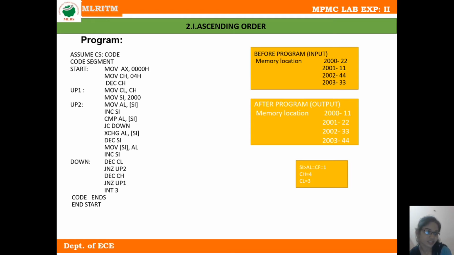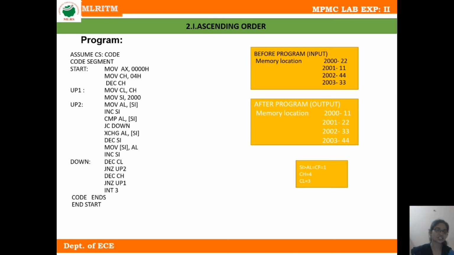In the next instruction, INC SI. Through this instruction, the content of SI is incremented by 1. Now the SI, presently in 2000 location, has come to the 2001 location. In next instruction, DEC CL. Through this instruction, the content of CL register is decremented by 1. After this instruction, the CL containing 02.